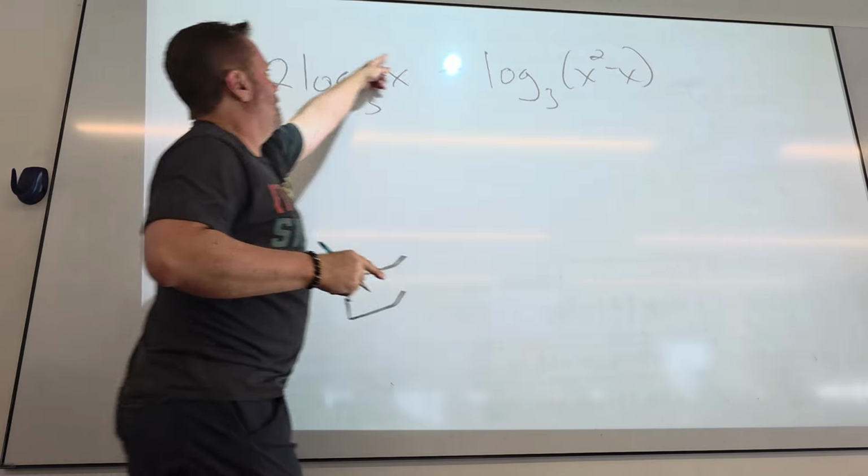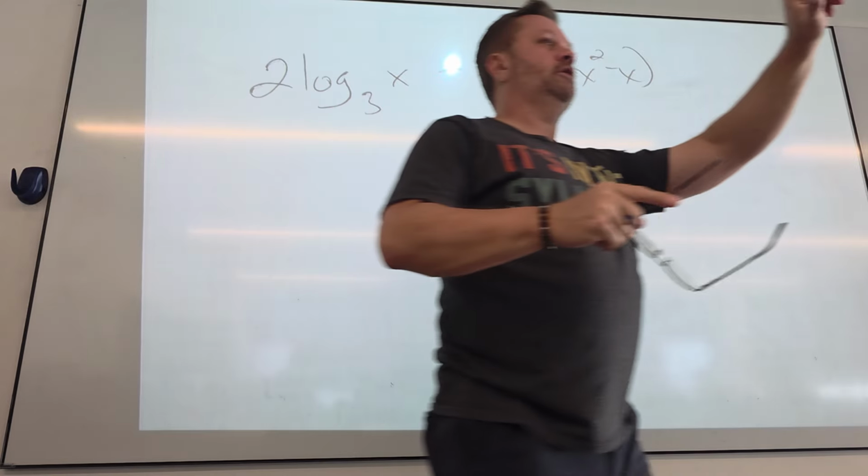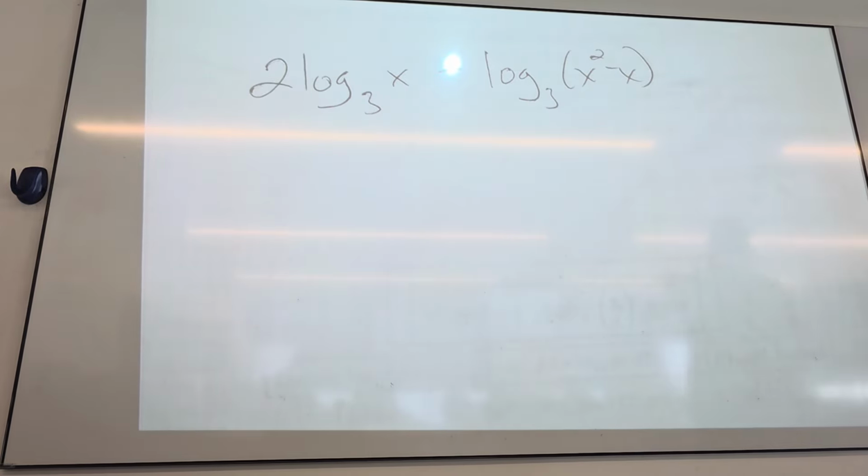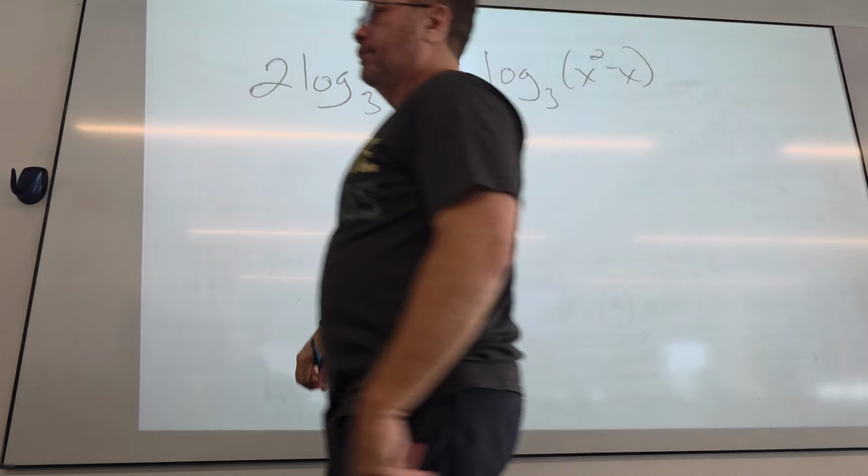I could bring it up, because every property I could do either way. So why do I want to move that 2 back up? Because if I do that, then I have log minus log, and we have a property for it. So the instructions in this would say, combine these into 1 log. Any coefficients you immediately just bring up as a power. That gets them out the way, yes? So if I bring that 2 up,